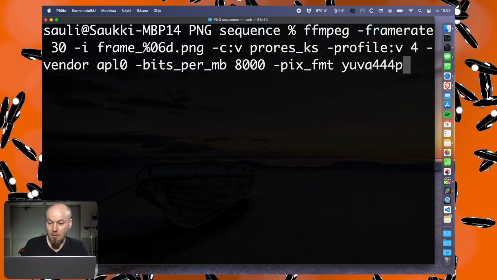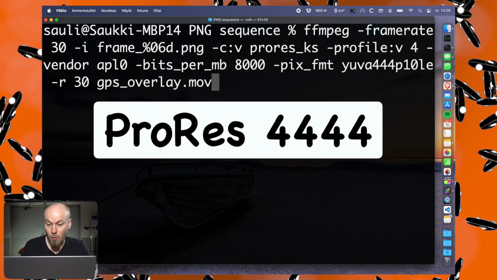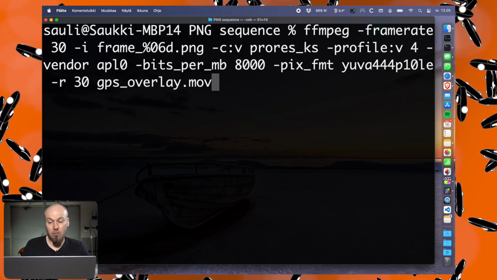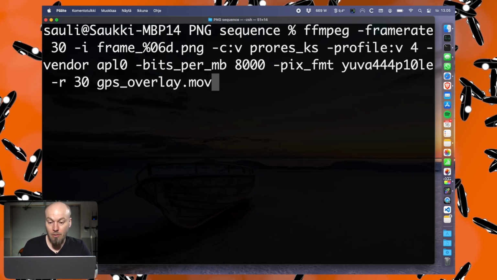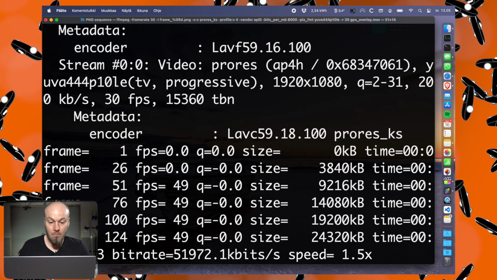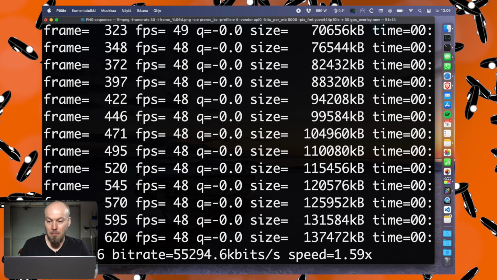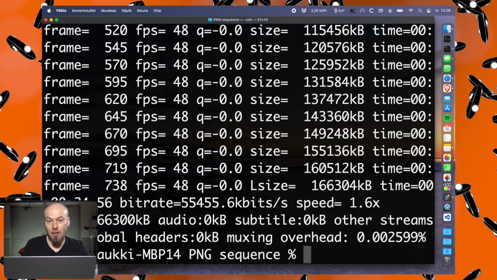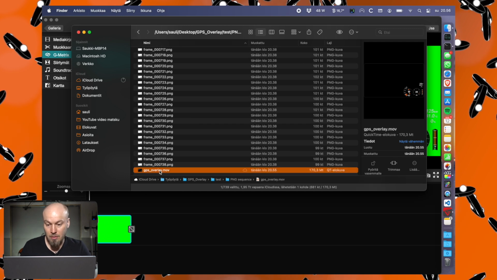But basically this tells the FFmpeg to take the PNG files and export them to ProRes 4444 video file, because that format has alpha channel, so the transparency is preserved. And now, well, let's see if it works. This FFmpeg is, by the way, faster than the Virb Edit. It's much better optimized, so creating this video file doesn't take awfully long. And here we have the new video in the same folder as the PNG files.